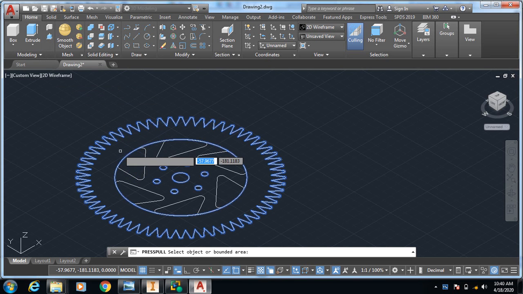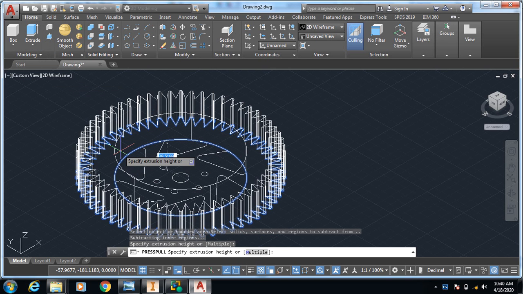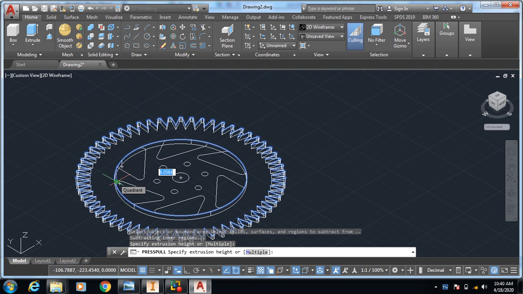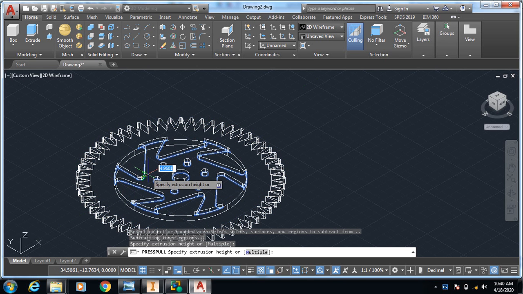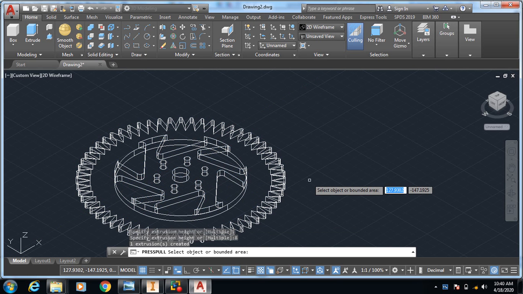I have taken the presspull command from here. Click at this point and give the thickness of 8 from here. Click here. Give the thickness of 8 again.